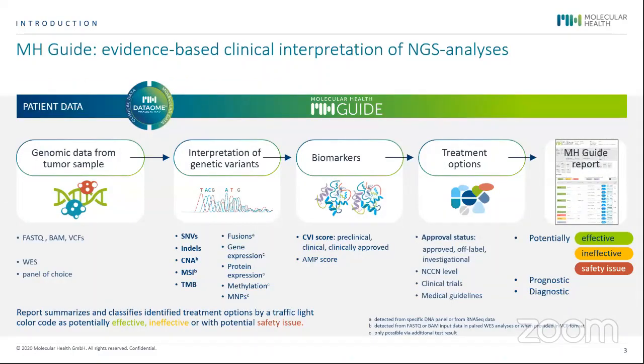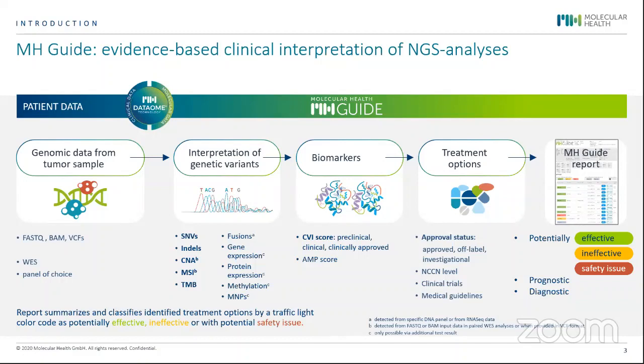So in a bit more detail, the workflow. Starting from a tumor DNA sample, we can start from FASTQ, BAM, or VCF, whole exome sequencing or panel of choice. If we start from FASTQ, MHGuide has the full bioinformatics pipeline from alignment to variant calling integrated. So it's calling then SNPs, indels, copy number alterations, MSI status, and also gives the tumor mutational burden. And via VCF input, we can also interpret gene expression data, protein expression data, methylation,